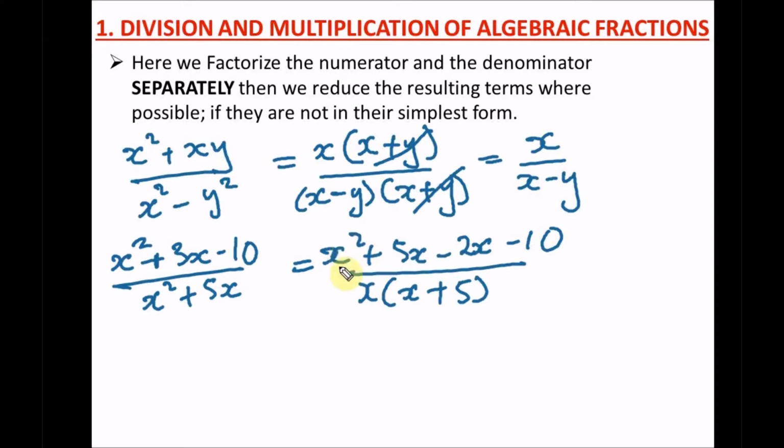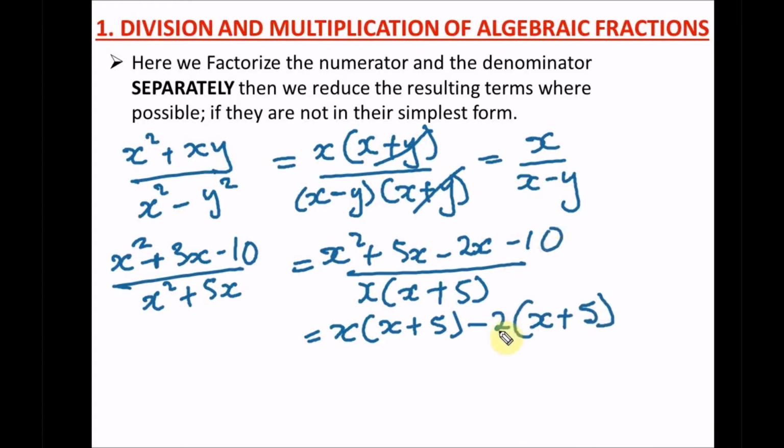All right, so what do we do here? Well, let's take like terms between x squared and 5x. We'll bring out x, and we have x plus 5 in the bracket. Bring out minus 2, and what are we left with in the bracket? It has to be a plus, because when minus times minus will give us a plus, we have to change this to a positive sign. So minus times a plus will give us a minus sign.